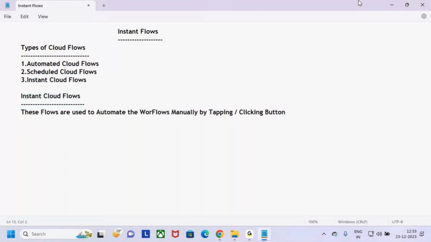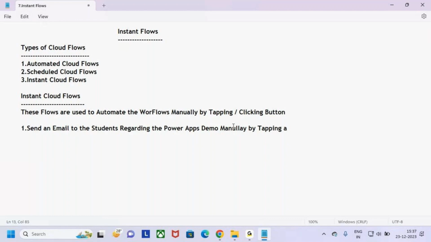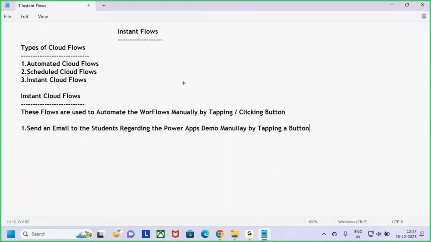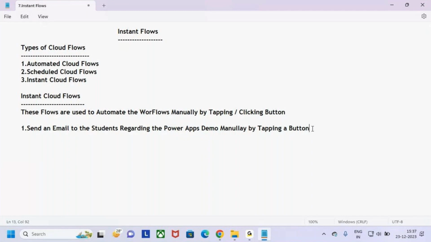And another scenario is regarding the Power Apps demo. Whenever I want to send an email to the students regarding the Power Apps demo manually by tapping a button, we discussed here how to perform it. So whenever I require to send the email to the students regarding the Power Apps demo, how to send the emails manually by tapping a button, I just discussed. And the second scenario we are going to discuss here is